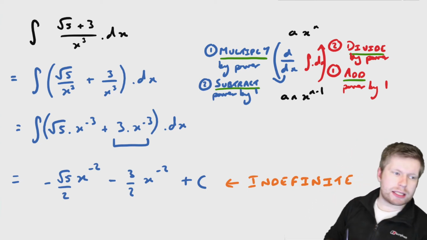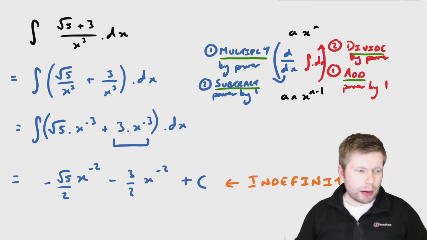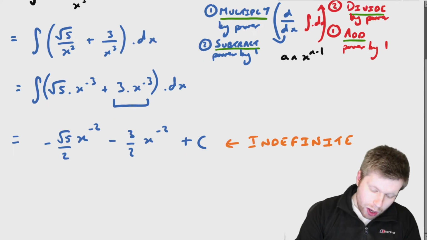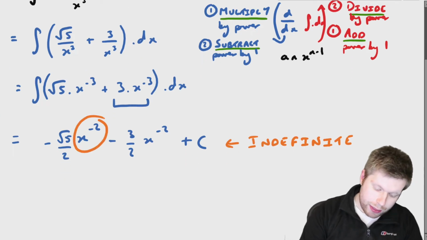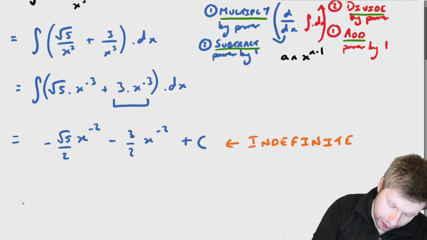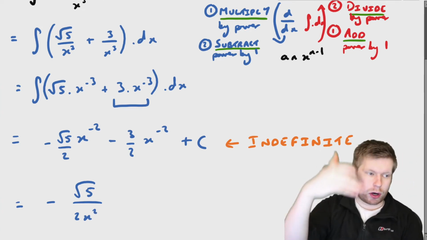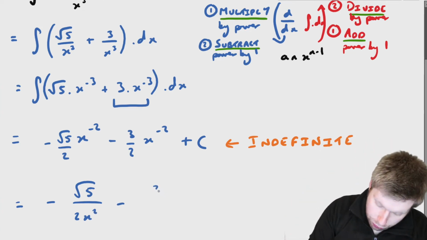But because I have that plus c in there, it's an indefinite integral. Okay, fantastic. Now, can I do any simplification here? Well, I am just going to rewrite the x to the power of negative 2 as 1 over x squared. So in other words, I'm going to leave my final answer as negative root 5 over 2x squared, because of course that's x to the power of negative 2, 1 over x squared, minus 3 over 2x squared, plus